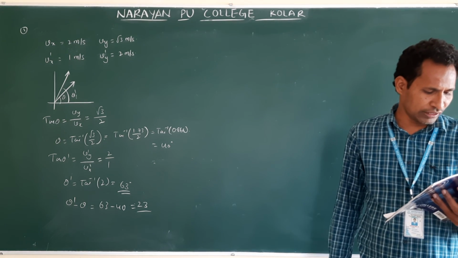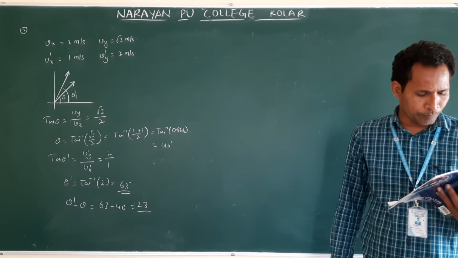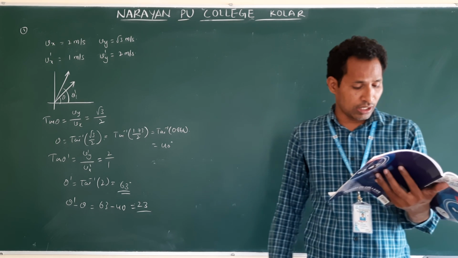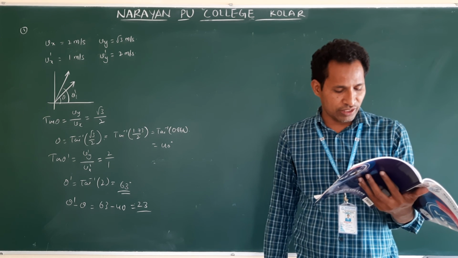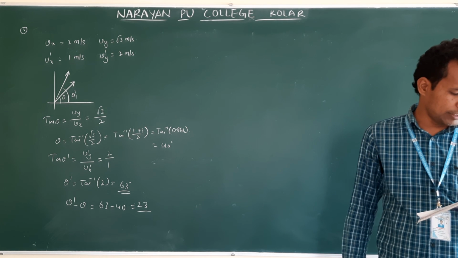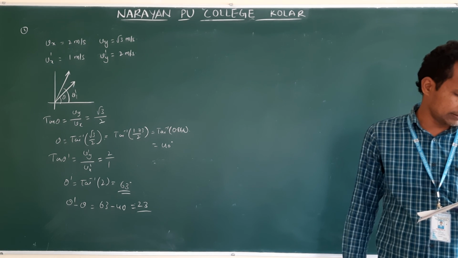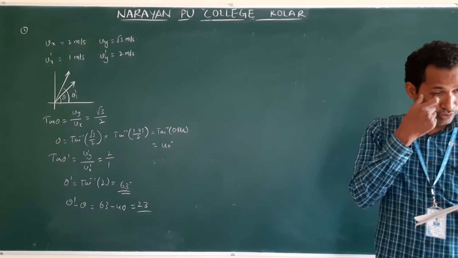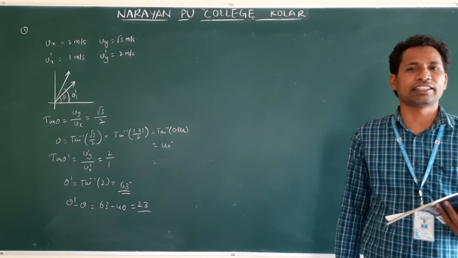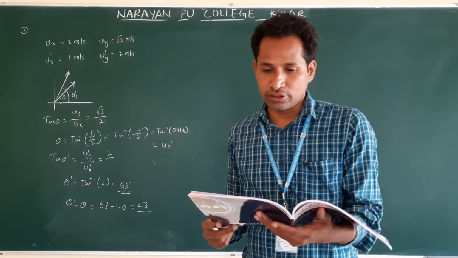Next, the third one. The position vector of a particle is r is equal to alpha cos omega t i cap plus alpha sin omega t j cap. The velocity vector of the particle is parallel to the position vector, perpendicular to the position vector, directed towards the origin, or directed away from the origin. Again, you do dr by dt. You will get the answer. If you cannot, you ask the doubt. You can ask the doubt through WhatsApp.